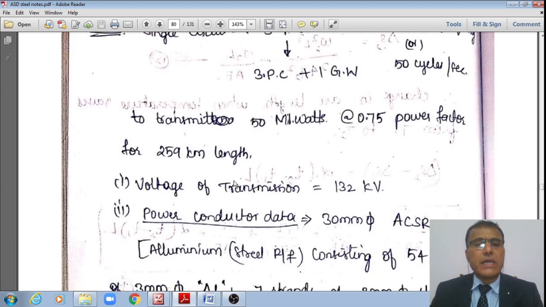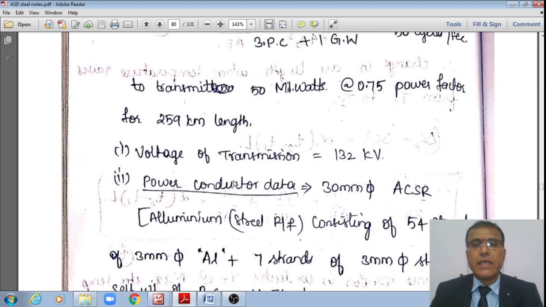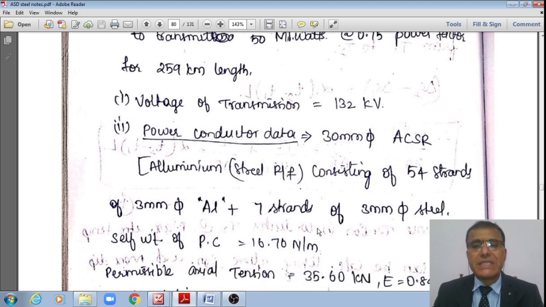Now the data is like this. The voltage of transmission is 132 kV and the power conductor data is 30 mm ACSR, meaning aluminum cable steel reinforced, power conductors consisting of 54 strands of 3 mm aluminum plus 7 strands of 3 mm steel is used as power conductor. Here these 7 strands of steel will add